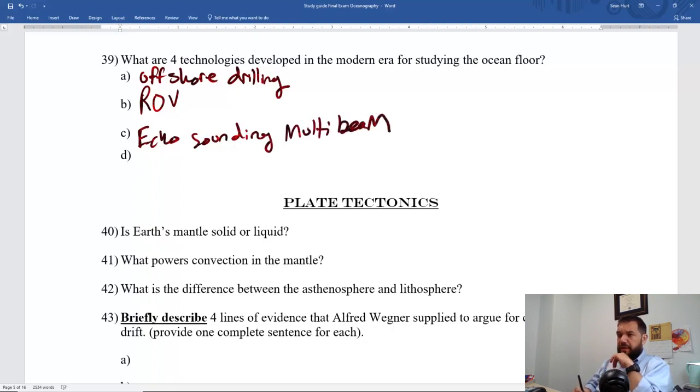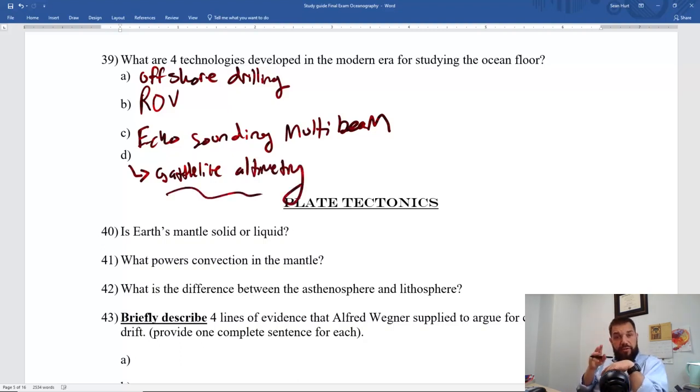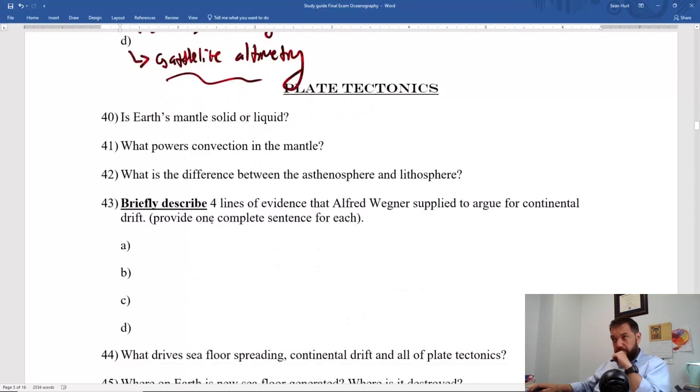All right, and now something that, of course, the research vessels don't do, but it's another technology that we use highly in oceanography, is satellite altimetry. Okay, satellite altimetry uses satellites to determine the height of the ocean water, so how high the ocean surface is, and from there they can determine the depths of the ocean. Okay, because remember that there's a gravitational effect from the shape of the seafloor on the height of the water level directly above it.